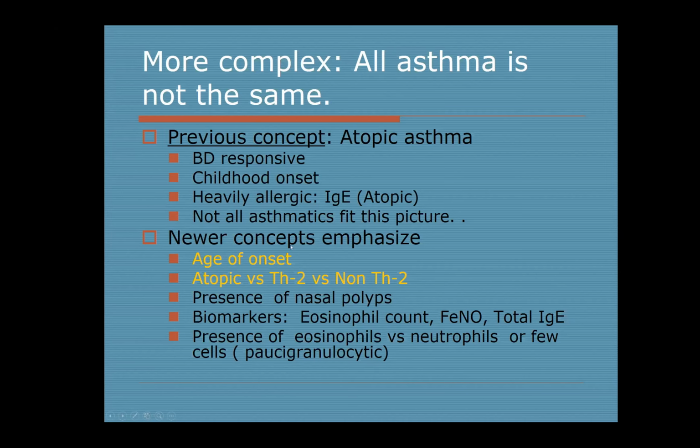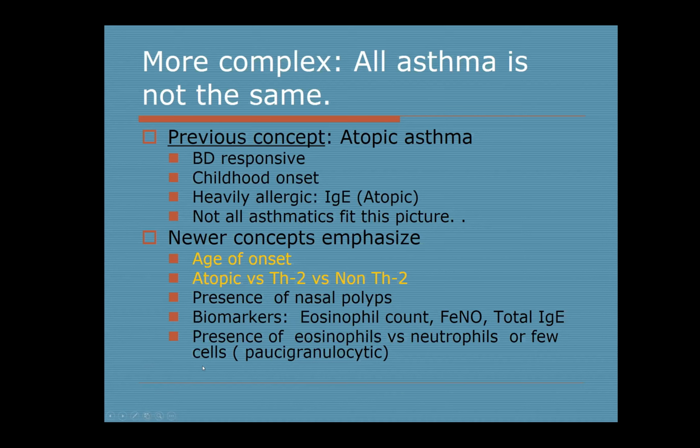In the newer concepts, we also emphasize the presence of nasal polyps, because nasal polyps are a feature of adult onset asthma. When we're looking at our biomarkers, what tests we're going to do, we're going to look at a total eosinophil count. We're going to look at an exhaled nitric oxide, or FeNO. We're going to look at the total IgE. And if we're going to look at sputum, we're going to look at the presence of eosinophils versus neutrophils. And if we're going to look at airway biopsies, we're going to look at the presence of eosinophils versus neutrophils